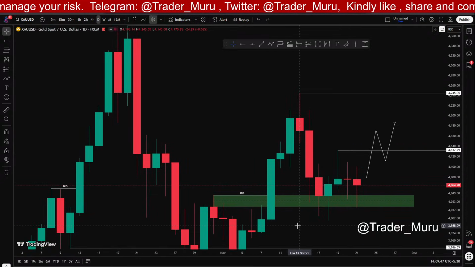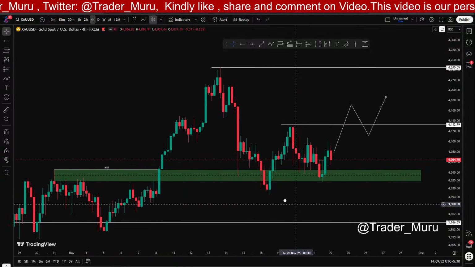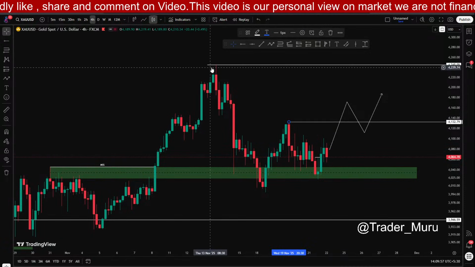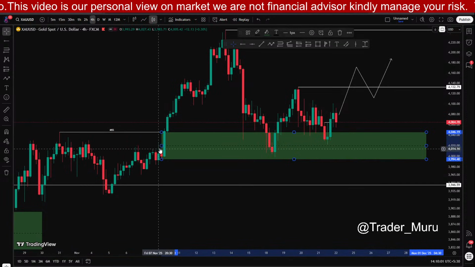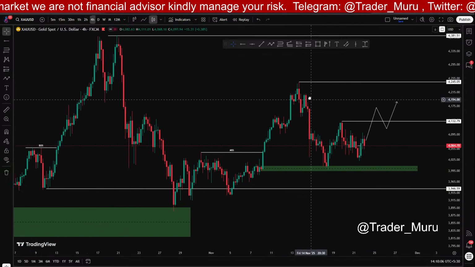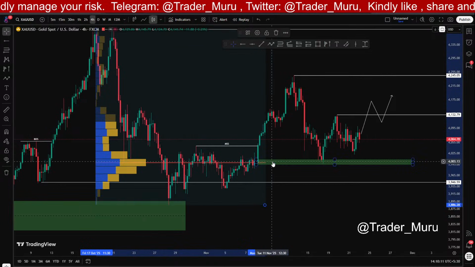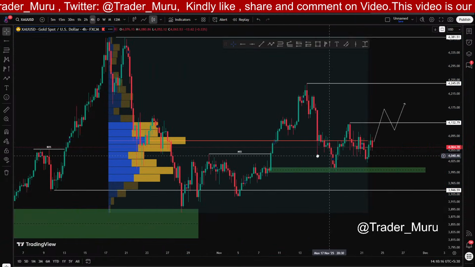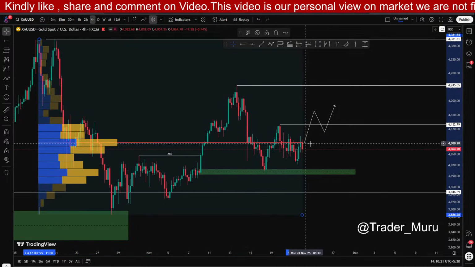So right now I'm watching for this, and if you see this in the 4-hour time frame, this will be much clearer. In the 4-hour time frame, this was the order block from where I was expecting a bounce, and it was a highest volume area too. See this, market just tested and moved. Now we have this area, and price is facing resistance from there. Okay,